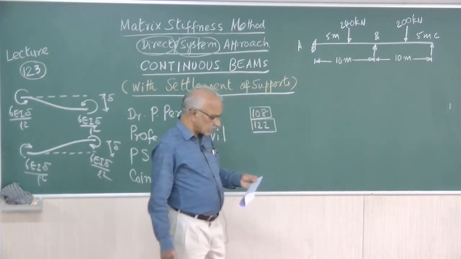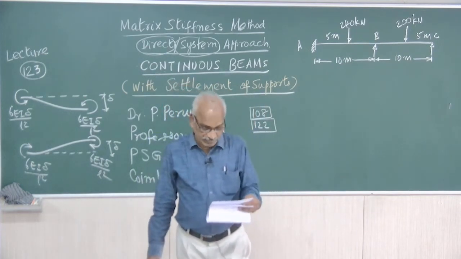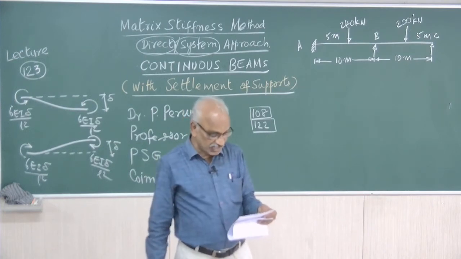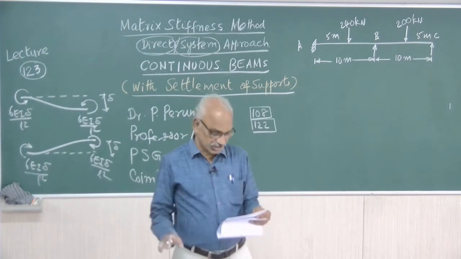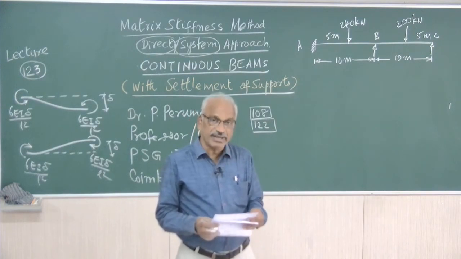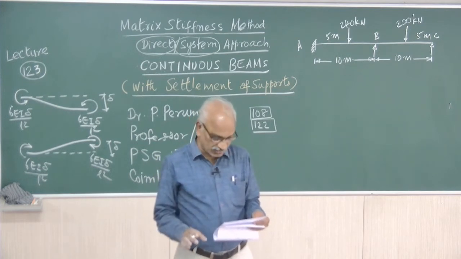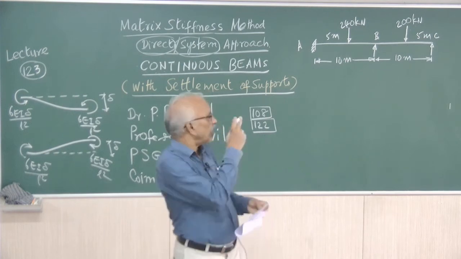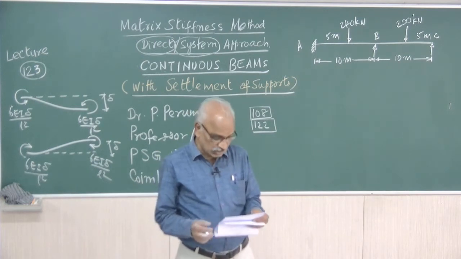A continuous beam ABC shown in the figure has two equal spans of 10 meters each, with A as fixed and the support C hinged. That is given in the figure. Spans AB and BC carry central concentrated loads of 240 and 200 kilonewtons respectively. That is also there in the figure, and repeated in the wording too.